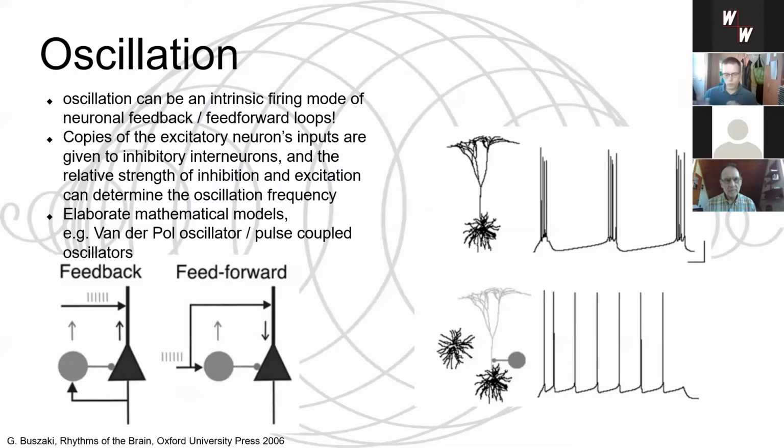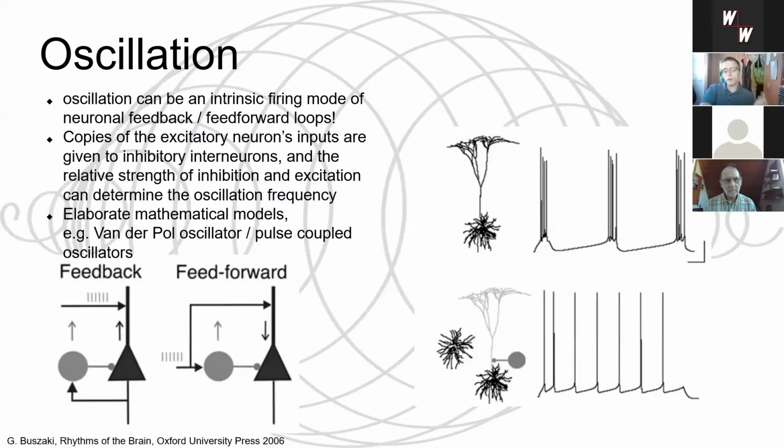There are several quite elaborate mathematical models to explain this. I'm not going into any depth here. For example, there is the model of pulse-coupled oscillators, of van der Pol oscillators, that can explain this in more detail. This is not exclusive to neurons. You can also generate similar patterns with electrical circuits or mechanically. But the idea is that whenever you have a feedback loop where excitation and inhibition are balanced in a certain way, they can generate an oscillation without need for oscillatory input per se. So this is what a single cell is capable of doing.